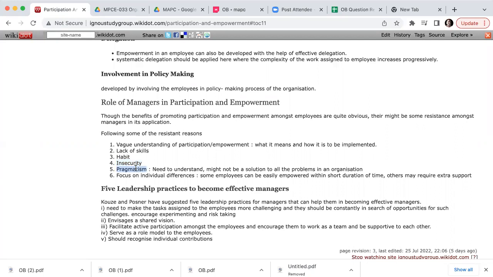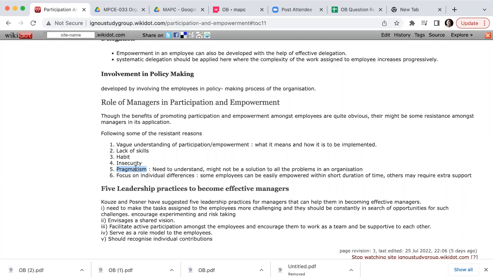Pragmatism. Basically, where I need to involve them and where I should not involve them, I should know practically. If I involve employees in the wrong cases, I might actually do the reverse, and things would probably not go well. I should not involve everybody in certain things. At the same time, if I keep away from the things where I could make participation count, that is also a problem.